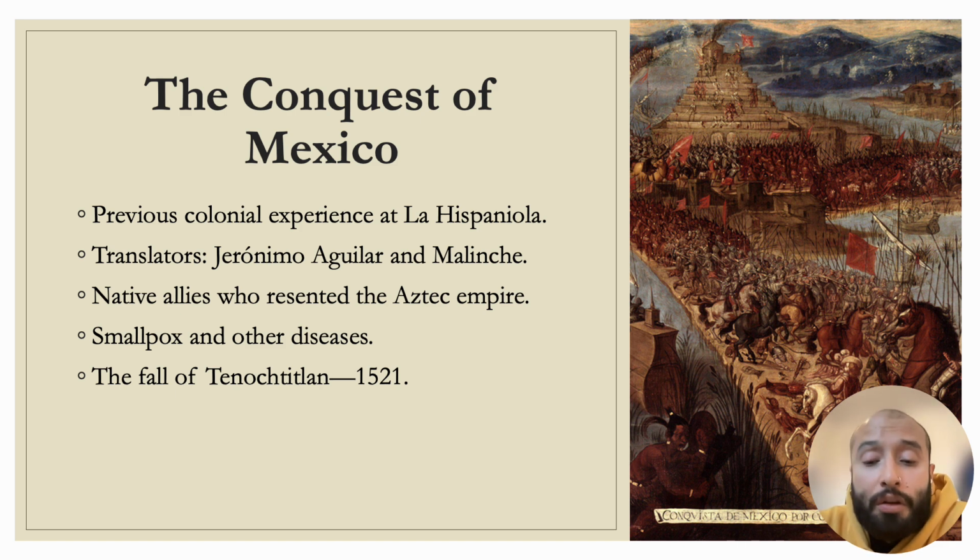This accumulation of knowledge about indigenous societies has a very important part that I also want to mention, the second point in the PowerPoint slide: translators, right? Remember that before Columbus comes, before the arrival of what's to become the Spanish Empire in the Americas, there was no contact between Europe and the Americas, so it was impossible for them to understand each other, right? The Spaniards are mostly going to speak Castilian, what today we call Spanish, and then you go to what today is Mexico, and you're going to have people speaking Maya, or people speaking Nahuatl. Nahuatl was the language of the Aztec Empire.